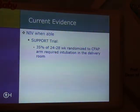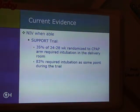talked about this, it was the study to understand prognosis, preferences of outcomes and risk in treatment in infants, and it said that 35% of 24 to 28 weekers randomized to the CPAP arm required intubation in the delivery room. So of all those that they randomized to just get CPAP, still 35% of them needed to get intubated. So we really have to remember, we need to know when those cutoffs are and when enough is enough. And 83% of those that required intubation, of that 35%, at some point in time during the trial. So even though they were randomized, even the ones that made it past that, out of the delivery room on their CPAP, still 83% of them required intubation at some point in time. So even starting in a delivery room with CPAP or non-invasive doesn't guarantee you're not going to get intubated. And we need to continue